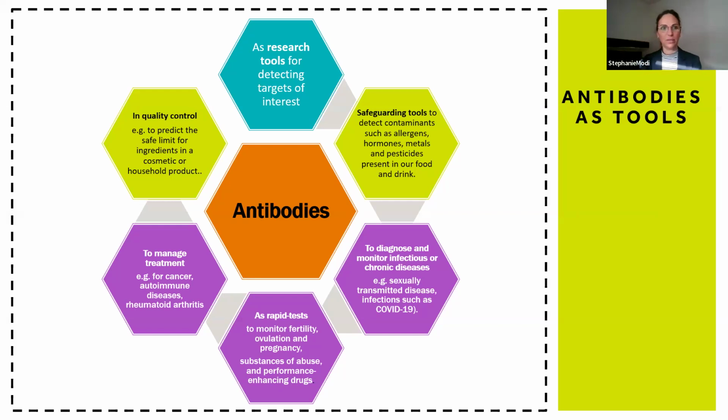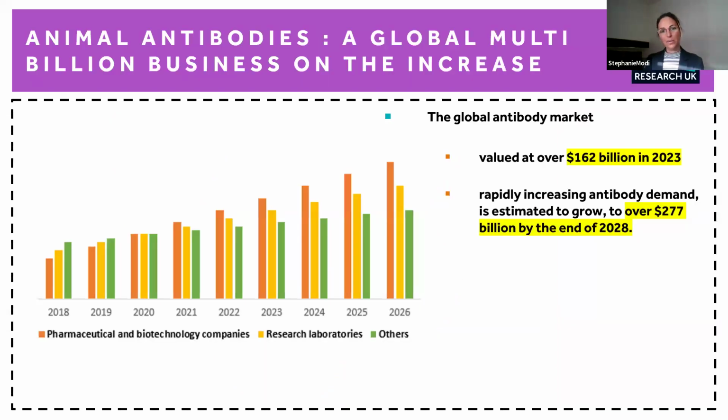Also for safety, so quality control, predicting the safe limit of ingredients in cosmetics or household products, and also to detect allergens, hormones, metals, and pesticides in our food and drink. So that's just to show you that antibodies are really widely used across a whole range of applications,